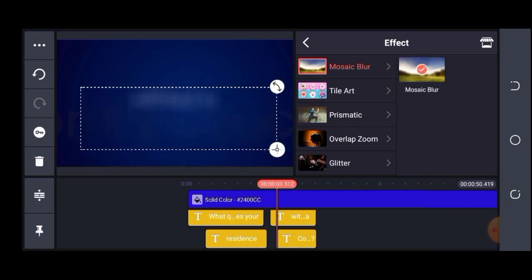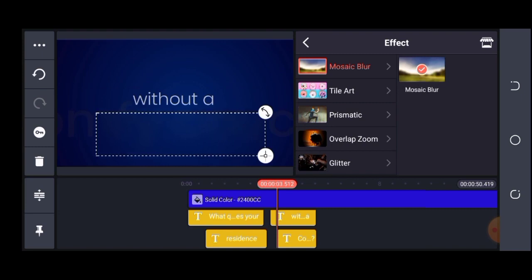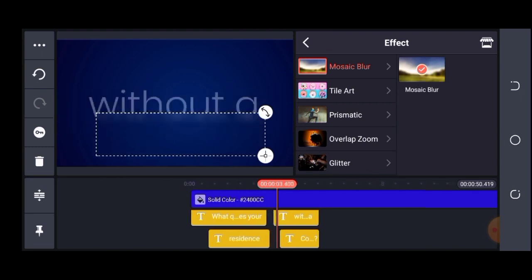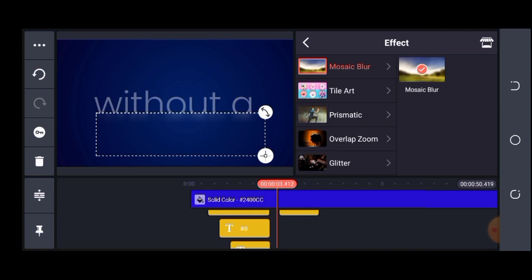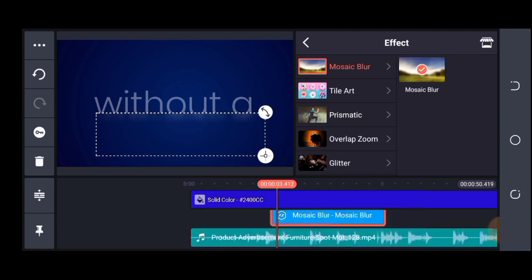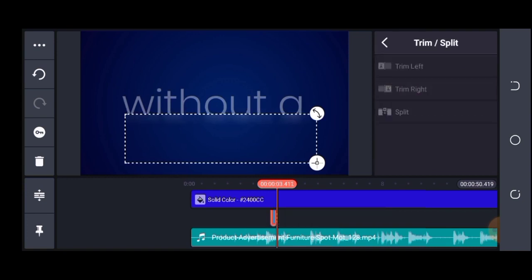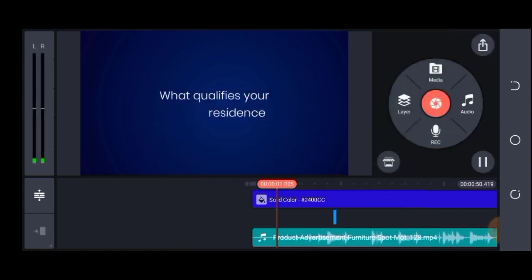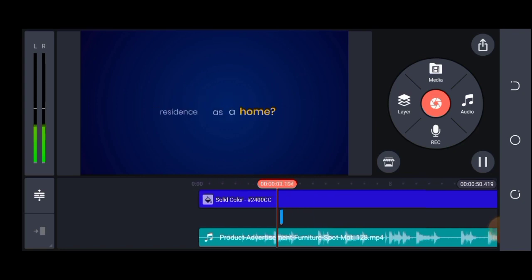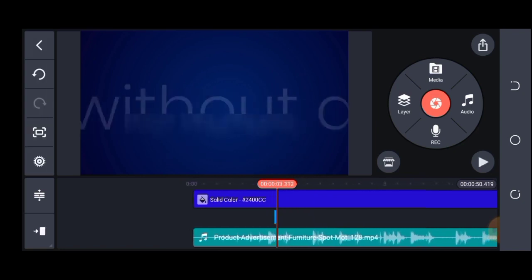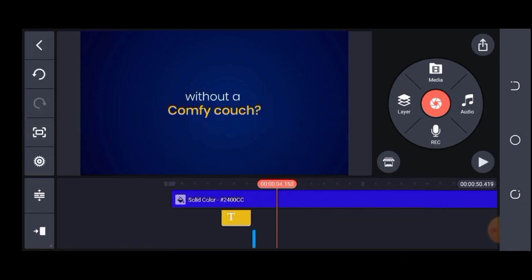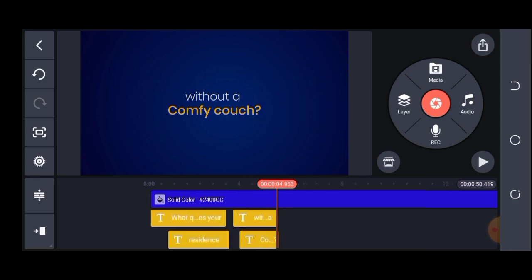Okay, I have something like this and I want to make it to be very short, so I'll come down here and trim this part off, trim it right. Okay, so I have this. So did you notice that blurry effect? Okay, so once this is done, the next thing I want to do,